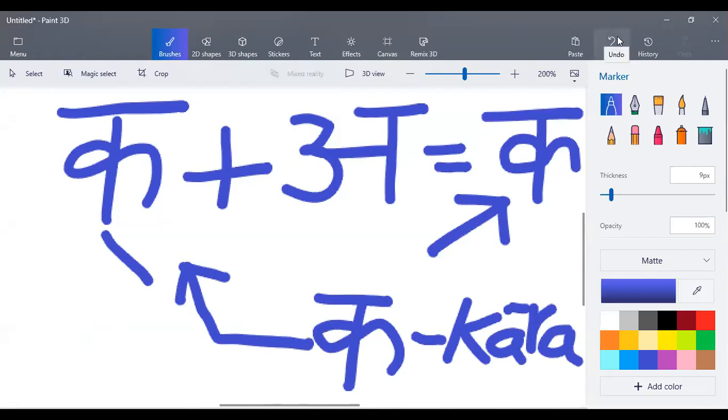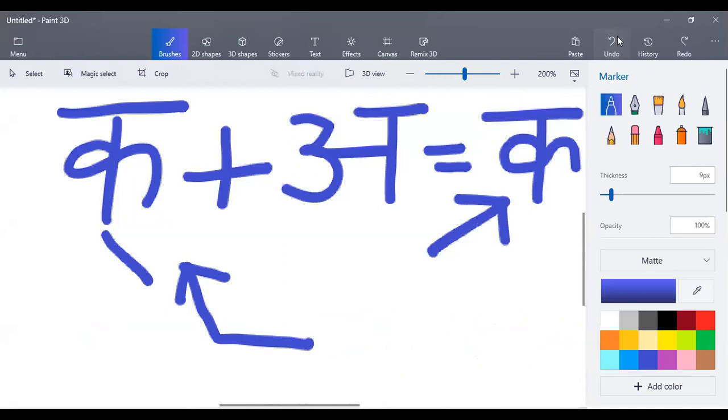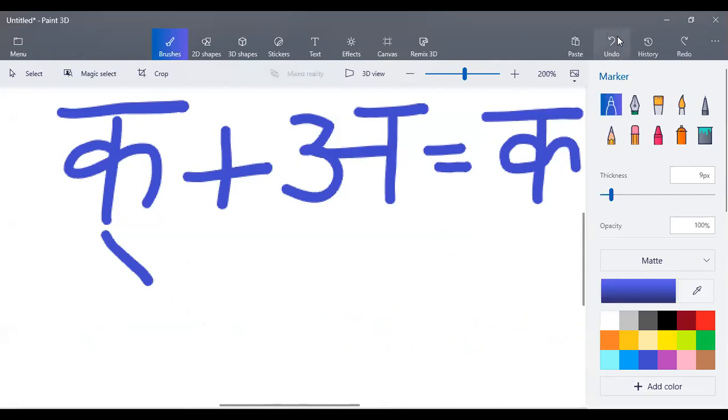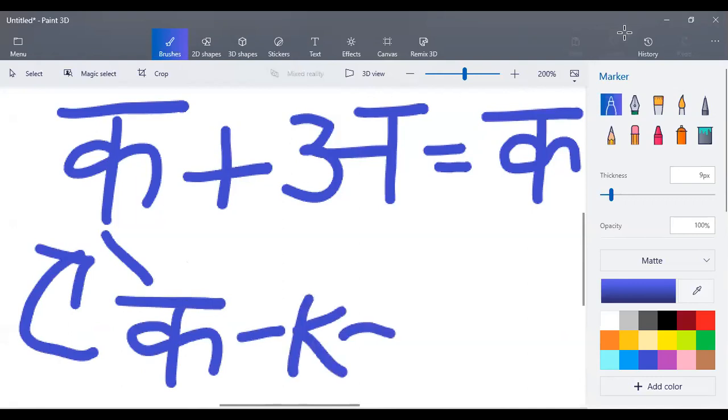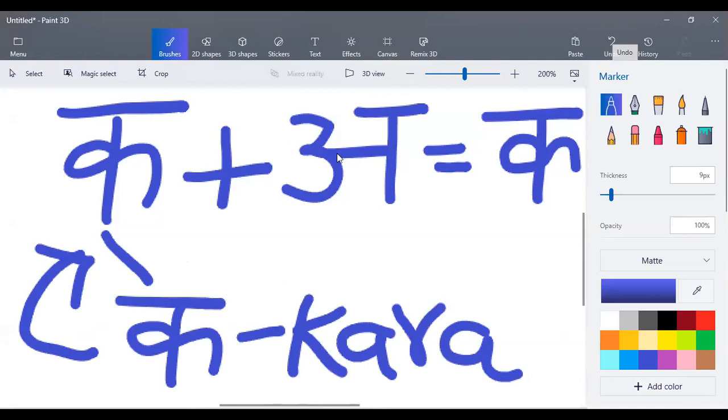I think I will write again the whole thing. You can see this consonant, I have to address it. I have to give a name to address the consonant. So what I do is I can call this consonant by adding a suffix to it. So ka, kara is that. This is ka, kara. This A is a long one. Kara.